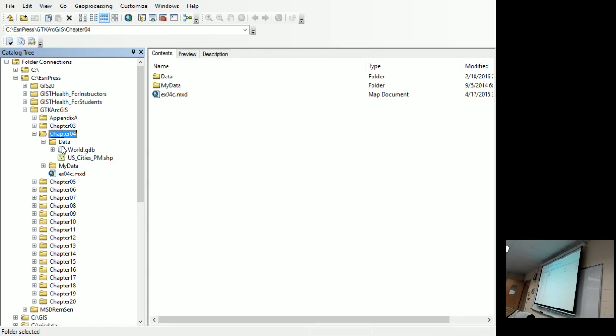All right, so if you hit the plus next to the world GDB, the data that's inside that geodatabase shows up. Inside of world GDB, there's background, cities, countries, and lat long. Notice the symbology under background, that is a symbol for a polygon. Cities, that's the symbol for the 3 dots, a point. Lat long, that's a symbol for a line. Points, lines, and polygons. There are no rasters in here.